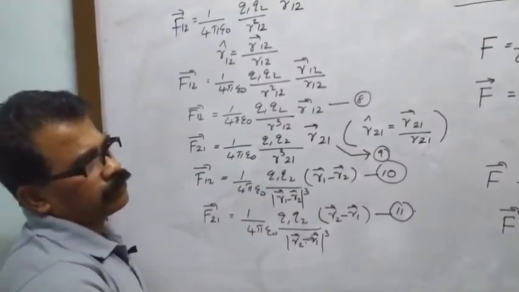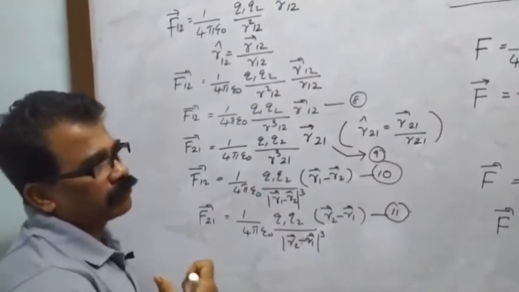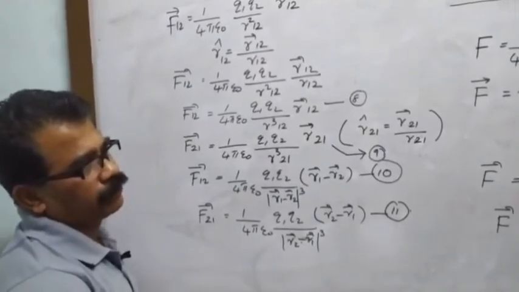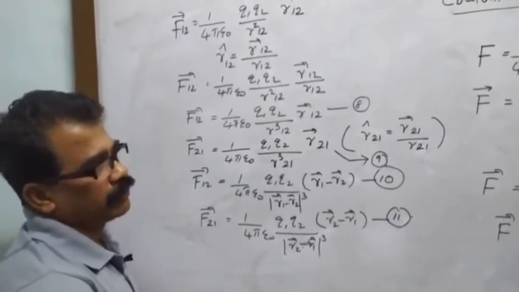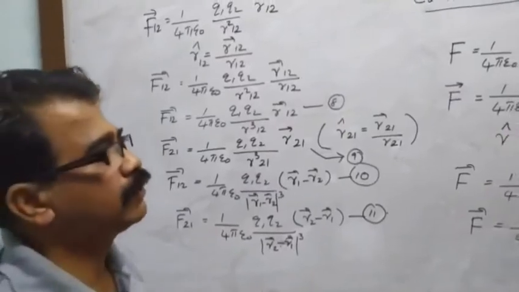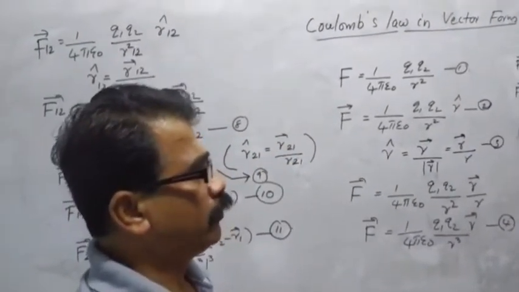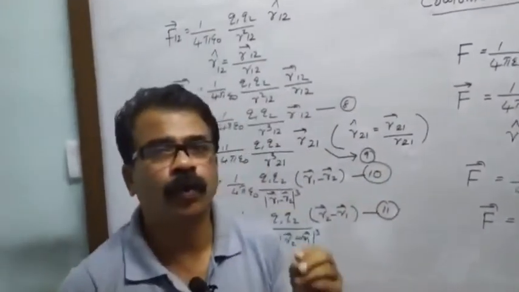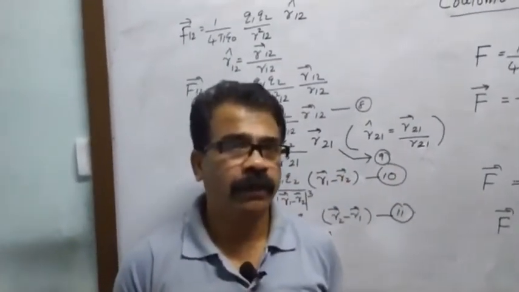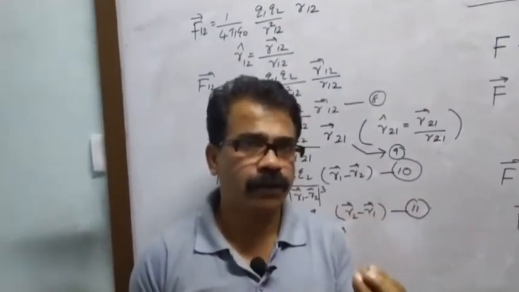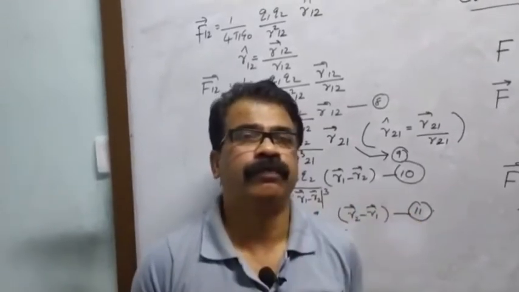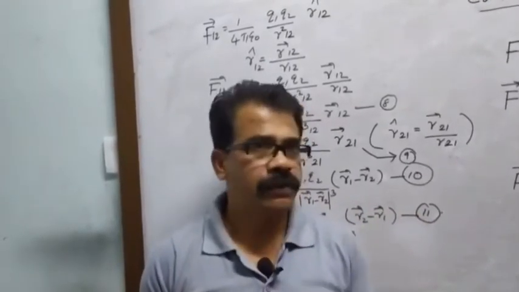Okay. So, why do we write Coulomb's law in vector form? It's a very simple answer, because force is a vector quantity. So, it is better to express Coulomb's law in vector form. Therefore, you have studied what is Coulomb's law and how to represent Coulomb's law in vector form. So, thank you students, we will meet again.